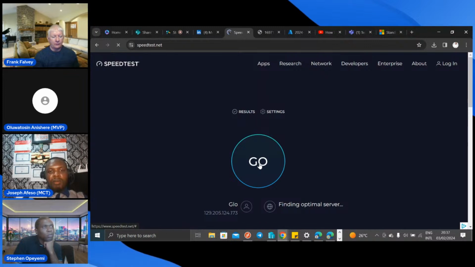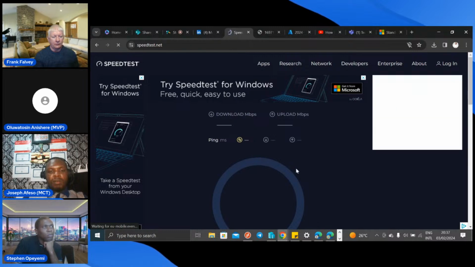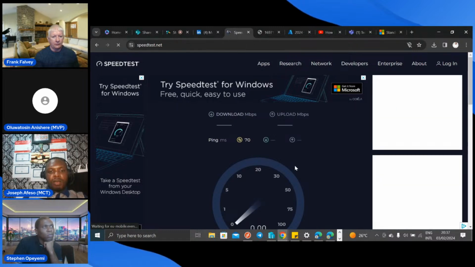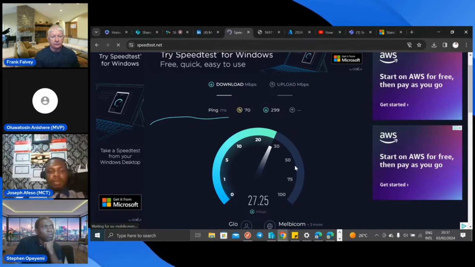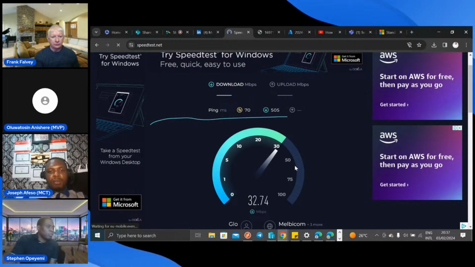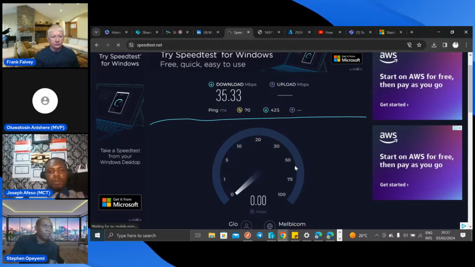A lot of things are way better on the cloud than your local PC. Just see what this is going to give you. You can imagine what this is giving us, 29 and 22.